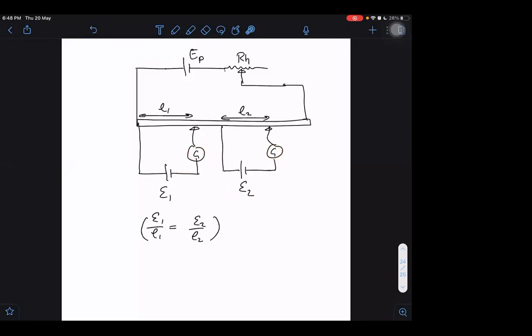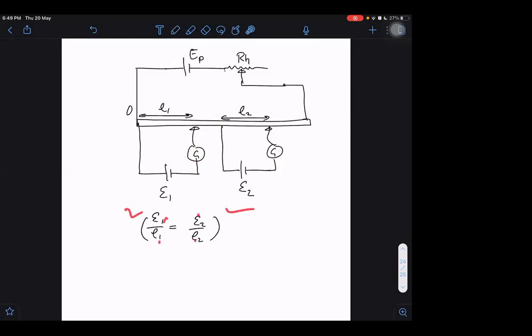So if somebody is asking this question, they may give you this stupid diagram, which will be easy to understand, or they may give a complicated looking diagram, but the complicated looking diagram will be doing only one thing. They will be putting some switch which will be connecting the galvanometer either to one side or to the other side. But in principle, it will be a simple circuit. Moreover, why should I do this? That is not required. But just in case the examiner asks such questions, you should be ready to answer those. And those are very simple.